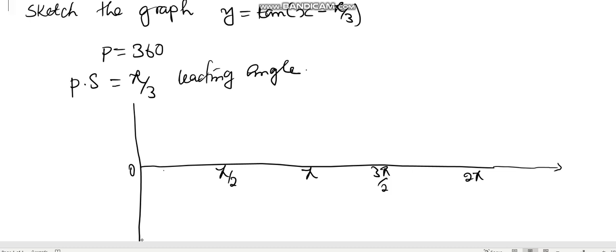So 0 plus pi over 3, we get pi over 3 there. Pi over 2 plus pi over 3, we get 5 pi over 6. Then pi plus pi over 3, we get 4 pi over 3 there. Then 3 pi over 2 plus pi over 3, we get 11 pi over 6, like this here. So then now